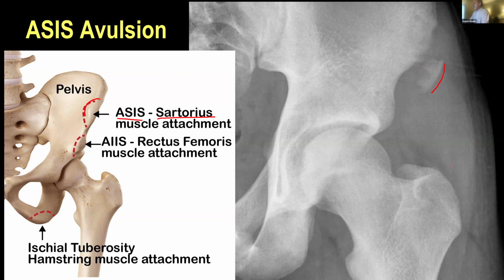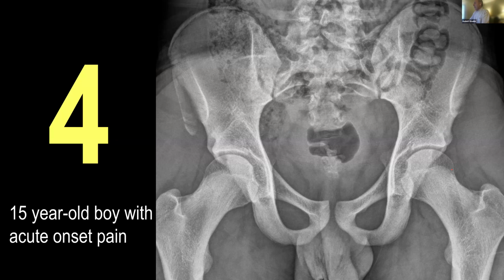So obviously it's helpful when you have a pelvis and there's only one side that's abnormal. You can compare side to side, as in this case, a 15-year-old boy with acute onset pain. On this left side of the patient, anterior inferior and anterior superior iliac spine look okay.